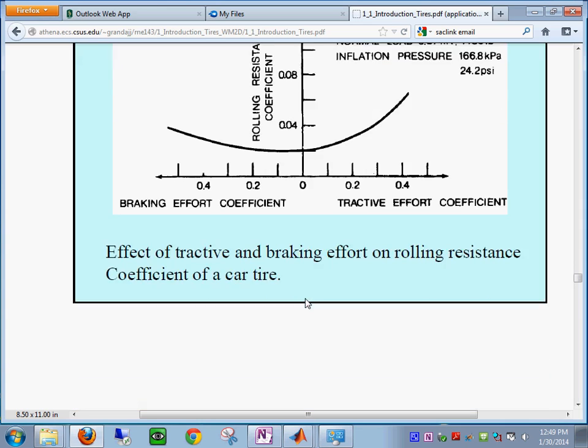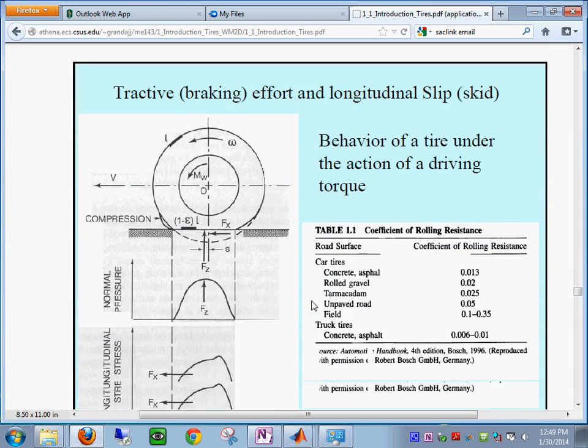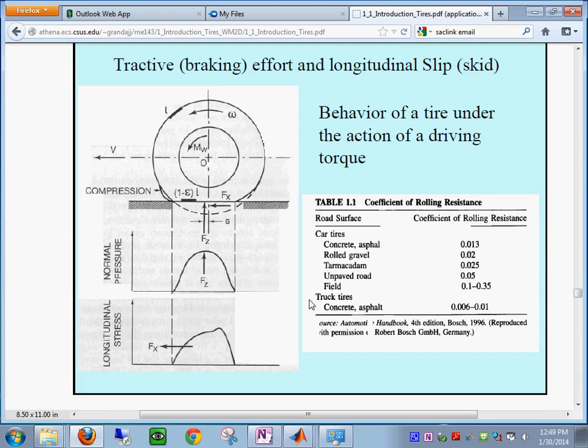So there are many factors that influence this. This is a little bit more scientifically explained. This is the behavior of the tire under the action of the driving torque. So let's see. We will take